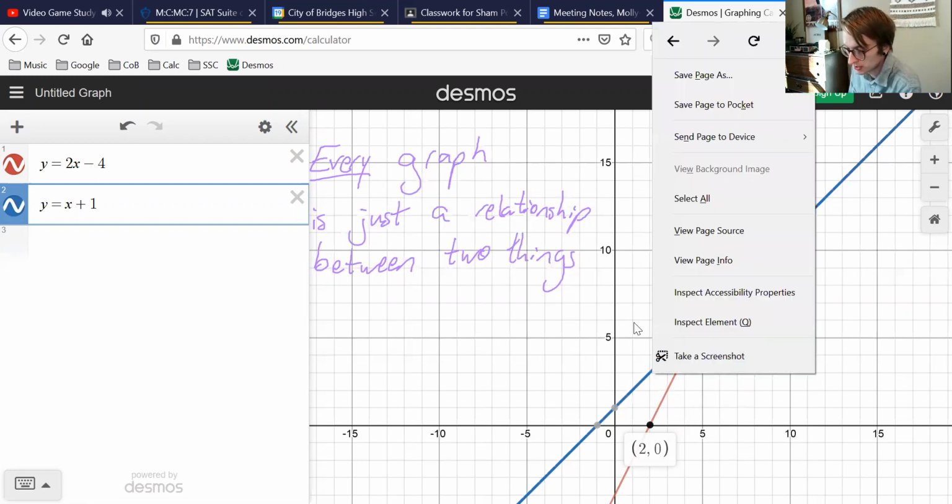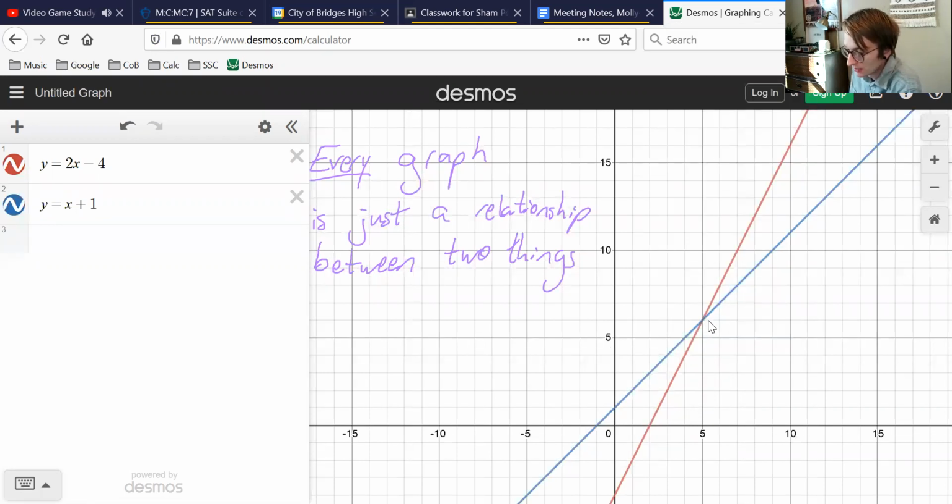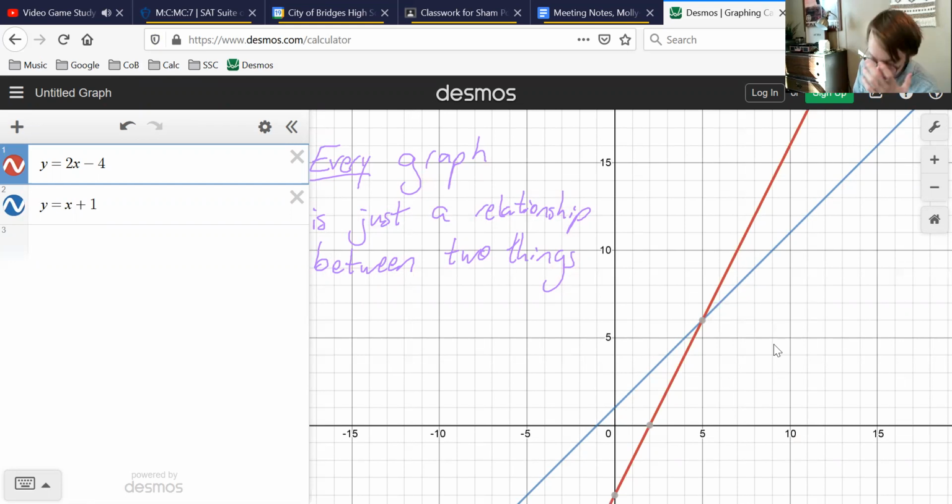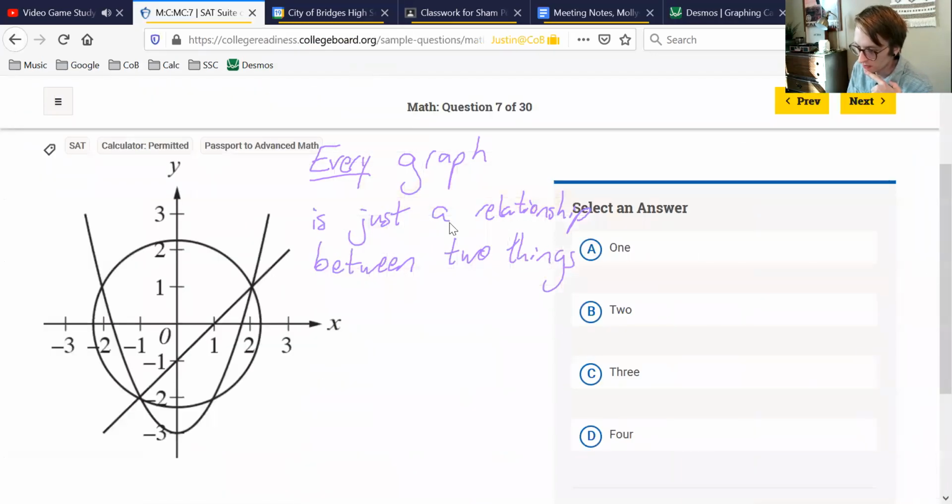The solution to a system of equations is the point where all of the x and y's are the same for both stores. This is how long does a stick have to be to cost the same for both stores? And the reason that's an important concept is because this is where it starts being cheaper to go to Molly's store instead of my store. So these intersections are important points on the graph. So going back to this one,